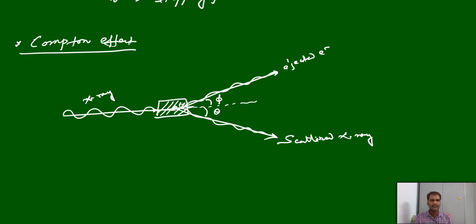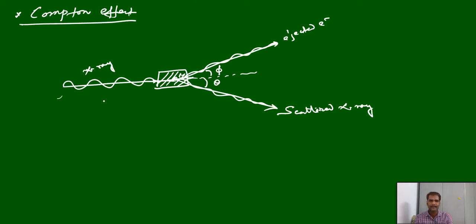after striking the object is more wavelength, or less frequency, than the incident X-ray. That is the Compton effect. Anyhow, if you make some ray incident on the object, some of the energy is utilized to eject the electron. The remaining energy can be converted into the scattered ray, here the scattered X-ray. So the wavelength of the scattered ray is more, or the frequency is less, than the incident ray. That is the Compton effect. So we can calculate that by taking one formula.